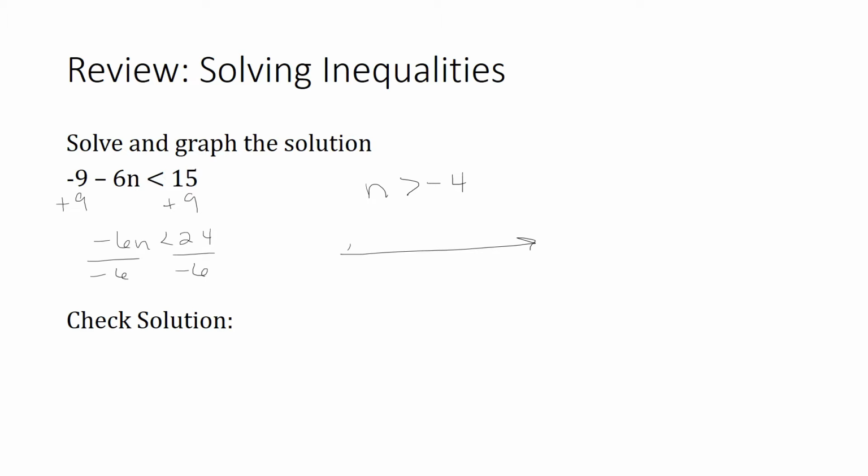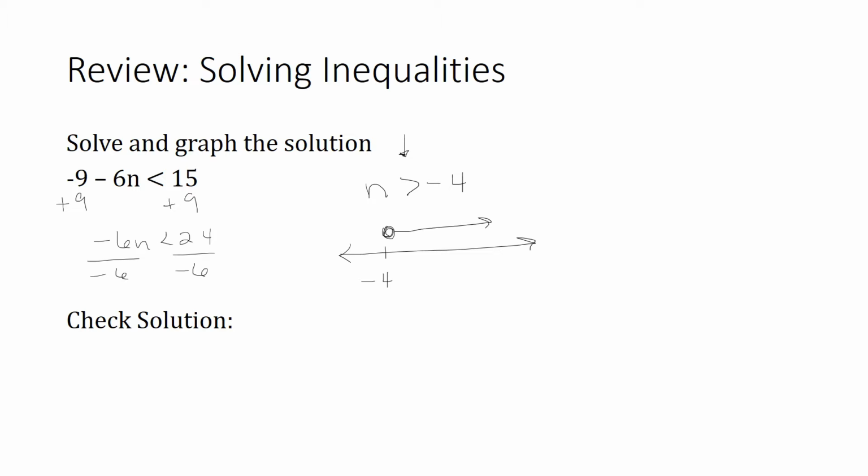Okay, if I want to graph that solution, and if you're confused, you need to go way back to the beginning of the year in review. You can Google this and find a bunch of stuff. So n is greater than negative 4. Easy peasy. Open circle because there's no equal sign underneath the inequality, which means that our solution set does not